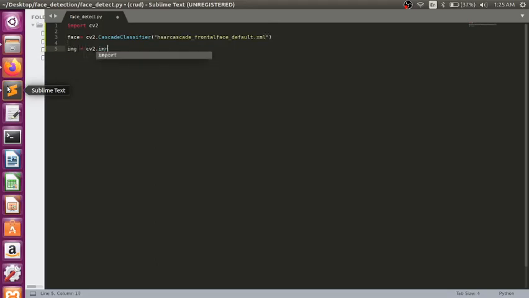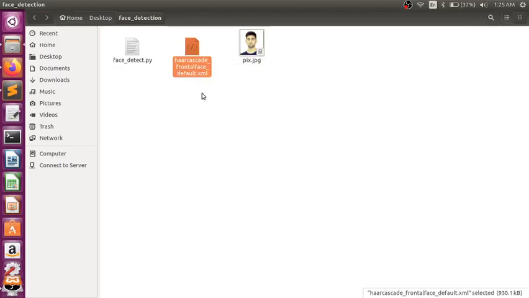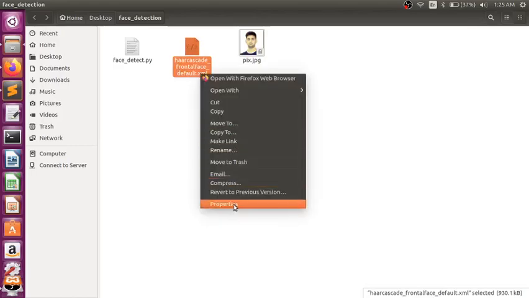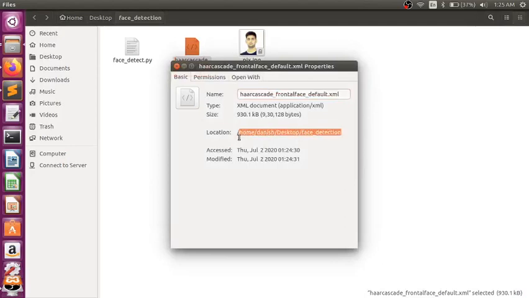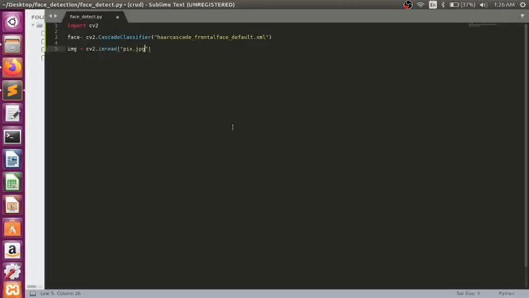The cv2.imread function is used to read an image. pix.jpg is the name of the image file. Now we copy the location, go to properties, copy that, and close it. I'm giving the location.